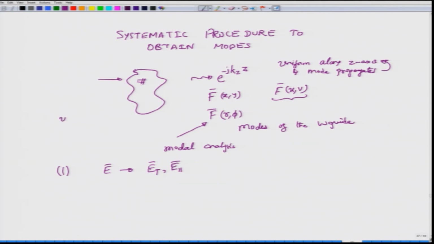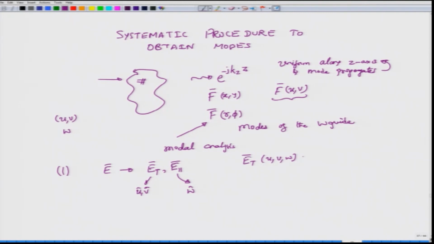So, in the general case u v are the transverse coordinates, w is the parallel or the longitudinal coordinate. So, E t will be a vector in the u and v plane, having components u and v, and E parallel will be a component that would be along the w direction. Of course, it is important to realize that the transverse component could be a function of all three coordinates, right. So, it is not necessary that the transverse component be a function only of u and v.